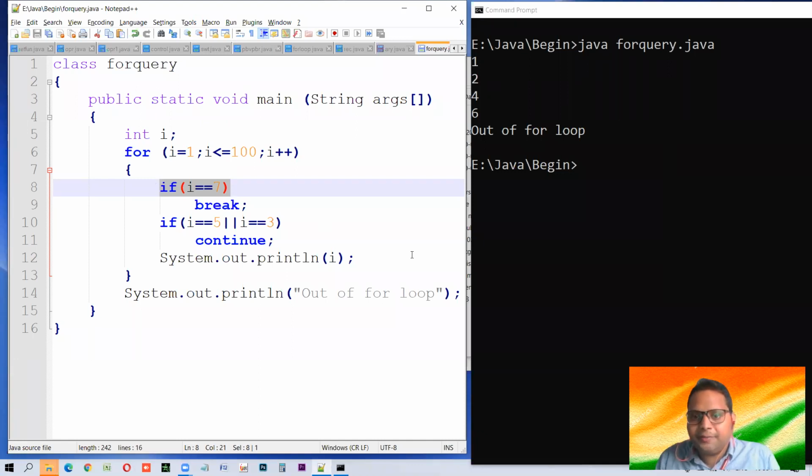So the next query is, one question is being asked, why is for loop important? I would like to add one more thing again, that conditions and loops are both hands of any programming language. If you have a good idea about conditions and looping, you can do all the things.